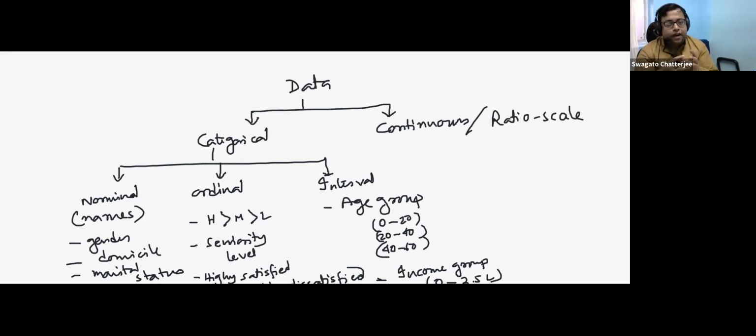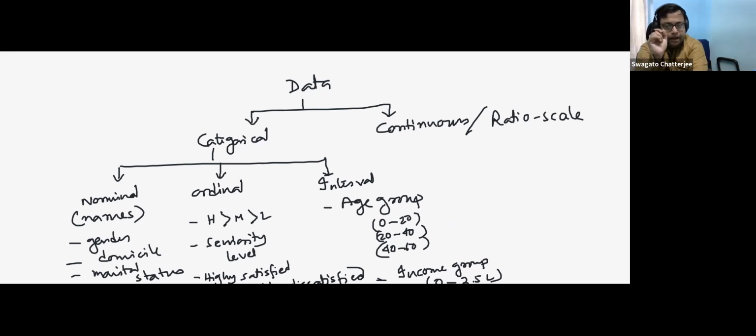It has further characteristics. What? Here, the ratio between two numbers is also defined. Till now, in an age group, you could have found out the mean and standard deviation, etc., in the interval variable. But the 0 to 20 divided by 20 to 40, the ratio of these two age groups, has